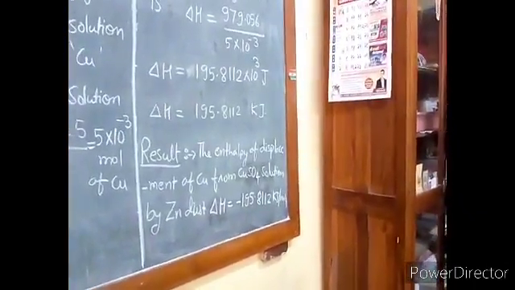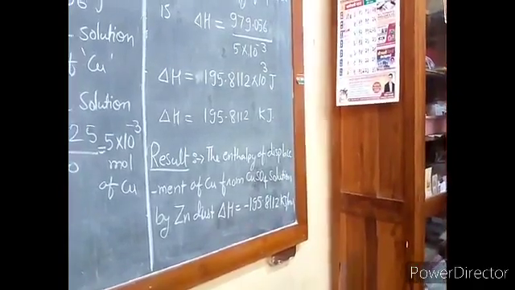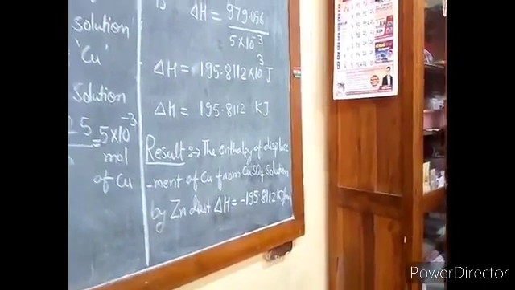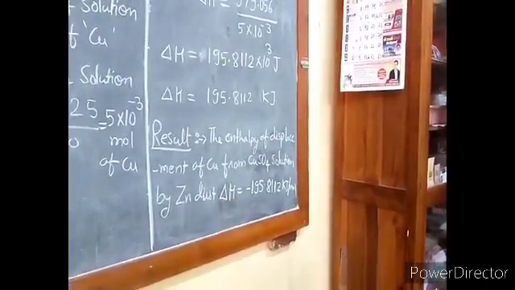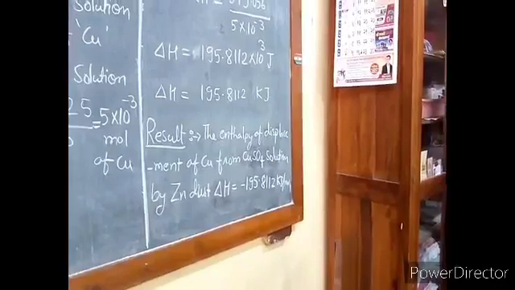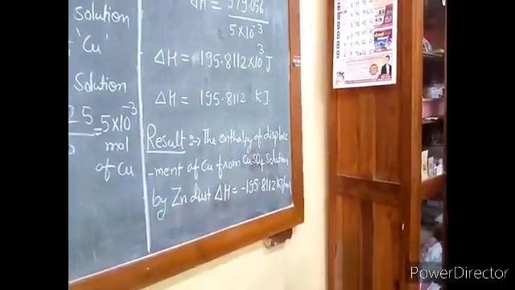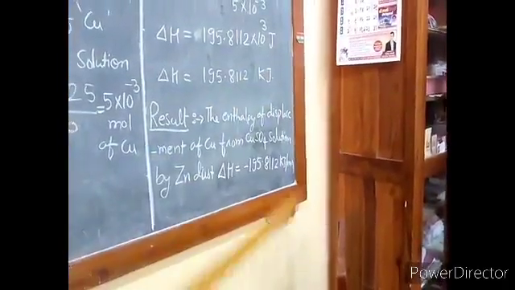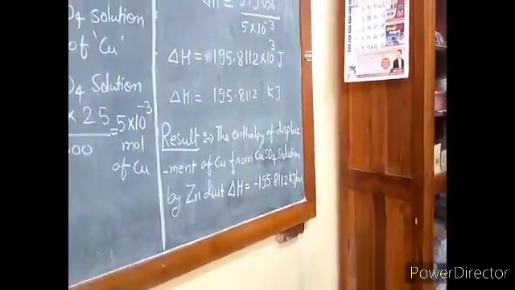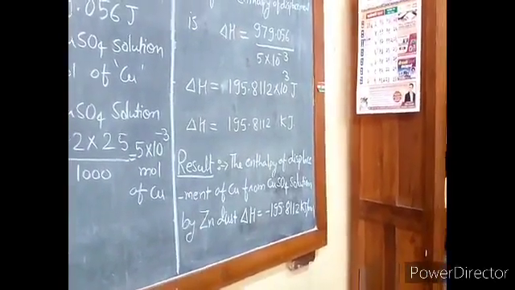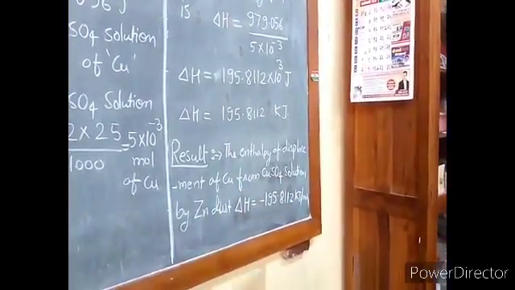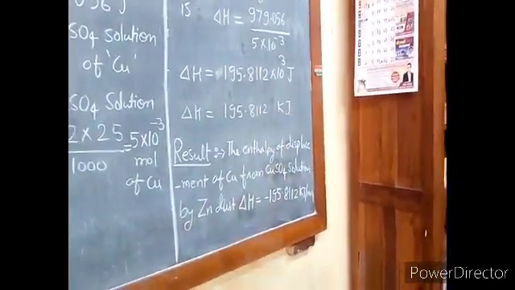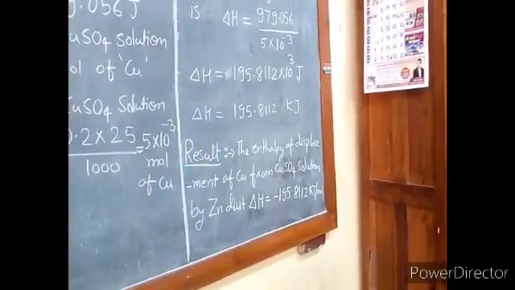Now you know that if the process is endothermic, the heat is absorbed by system and total energy of system is going to be increased. So in that case, because system energy is increased, the enthalpy change is shown with positive sign. And if heat is evolved, it means the system is losing its energy into the surrounding. In that case, in exothermic process, the system energy is going to be decreased. And that's why whatever heat is evolved, when we express it in terms of enthalpy change, we show it with negative sign. So here it is an exothermic process.